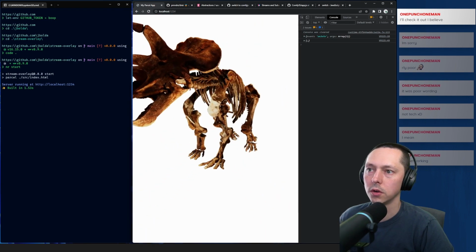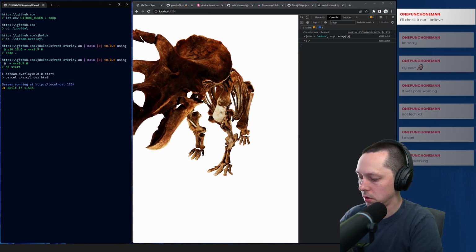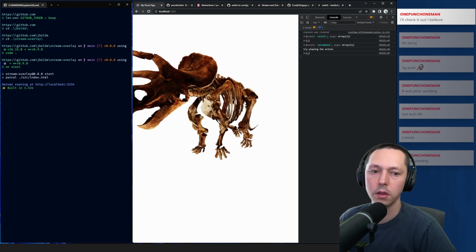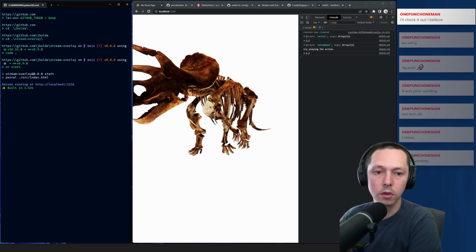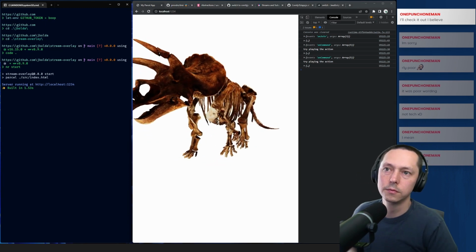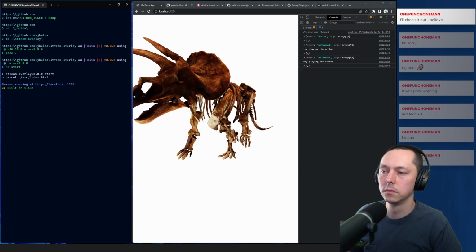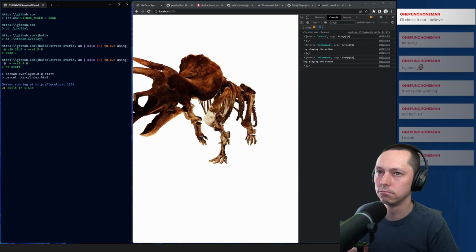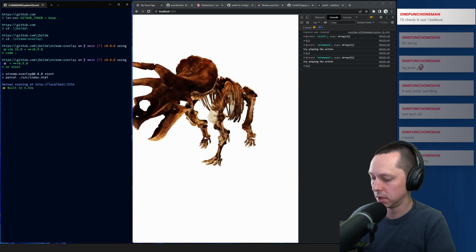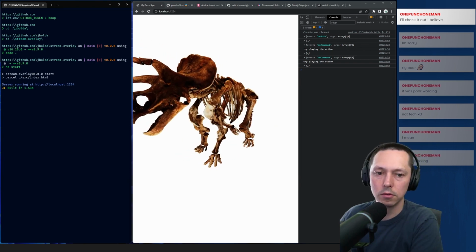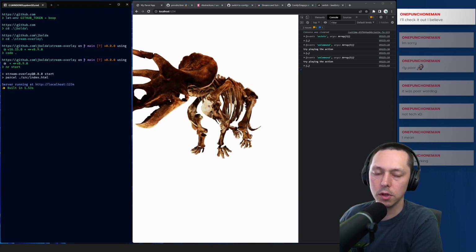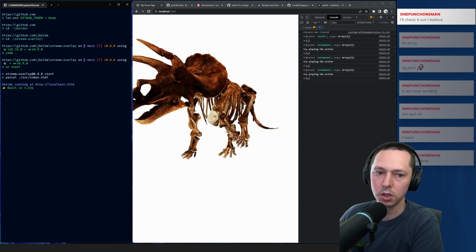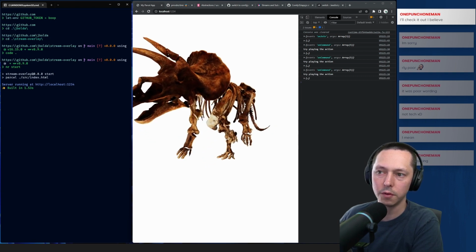So it is currently not doing anything. So if we say, there we go. Some of these actions are like, I think it's transitioning between them. Fall should be obvious.